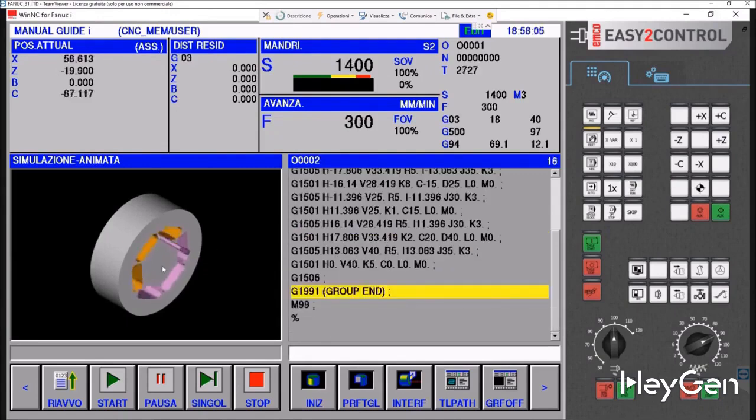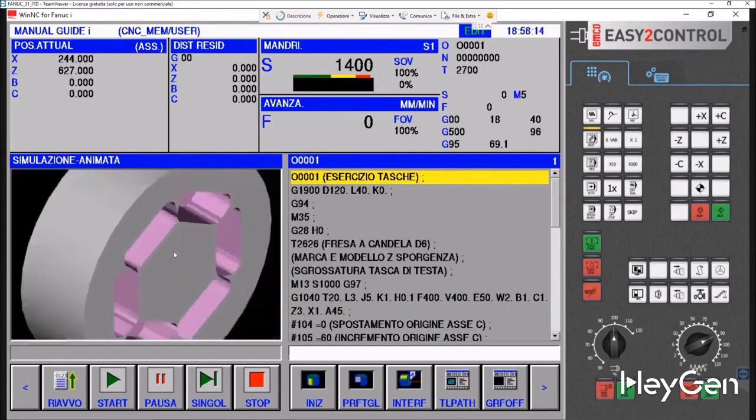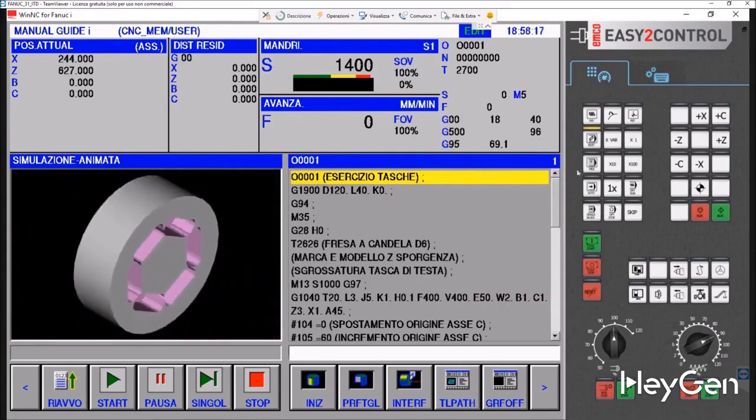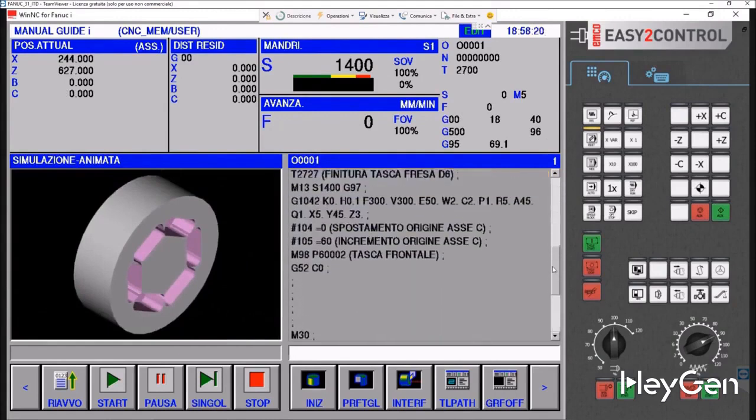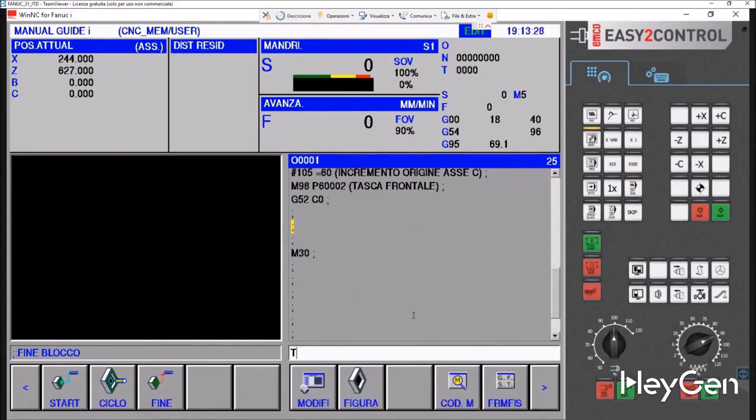As it changes color, you can see that it's being passed over by the smaller milling cutter. Perfect. Of course, we can't provide a product that cuts hands, so we're also going to create a bevel to smooth it out. We're going to call the T38, which is a tool I've already set up, a chamfering tool. Here too, we need to set the cutting parameters